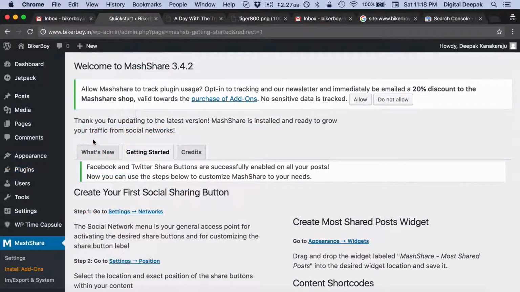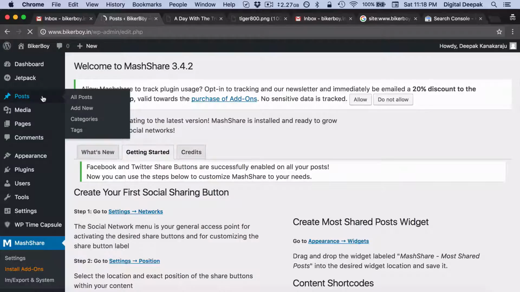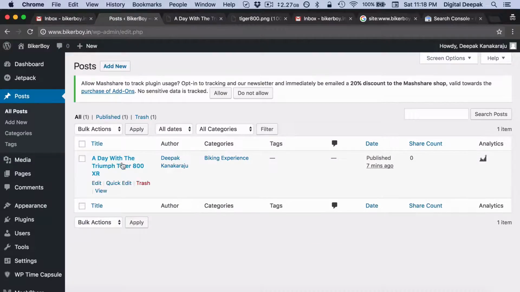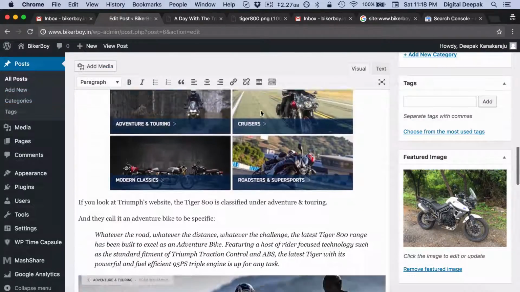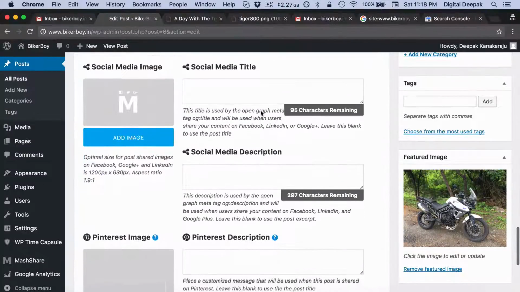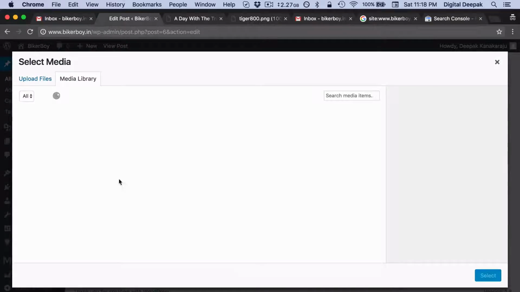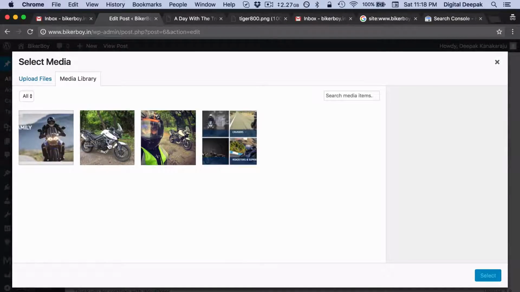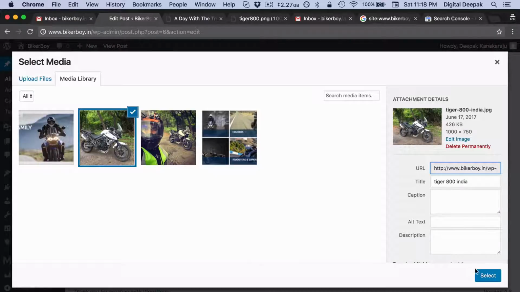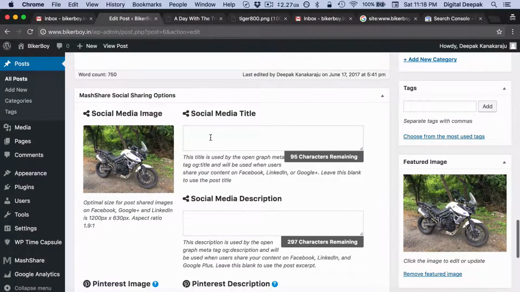Now that the plugin has been activated, I will go back into posts and click on the post. If I scroll down the post, here you can see Mash Share social sharing options. Here I can add an image which will be shared on social media whenever the blog post is shared, and then I can give a social media title as well.